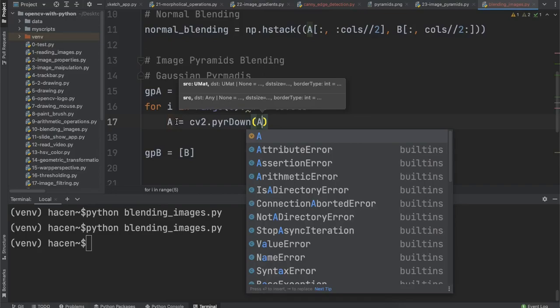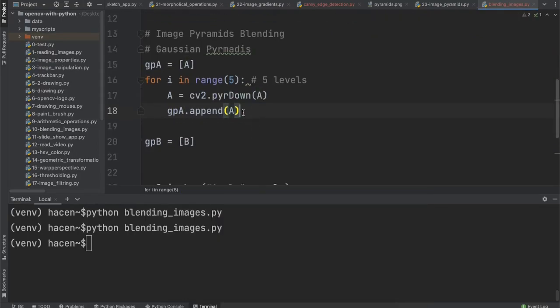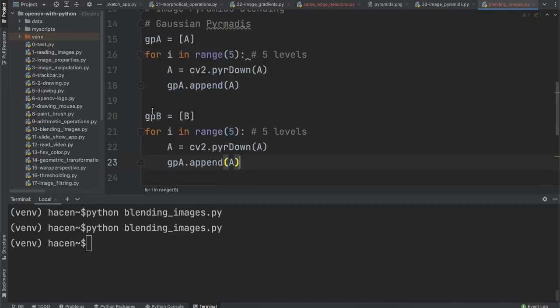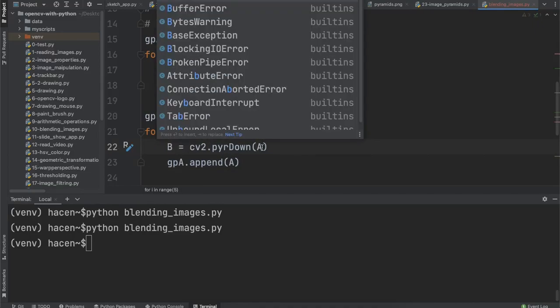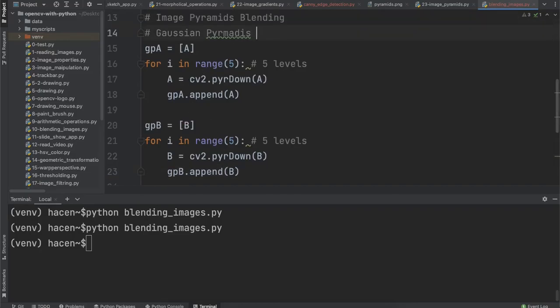Each time it will be changed, and A will be the pyramid down of the last A. So in that case I will say gpA.append that new A, and the same also for B. Just instead of A I will put B, like that, and also here B, and also B here. So now we get the Gaussian pyramids of A and B,